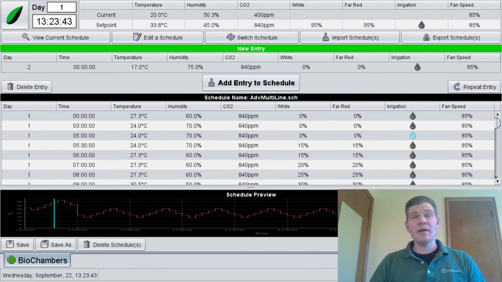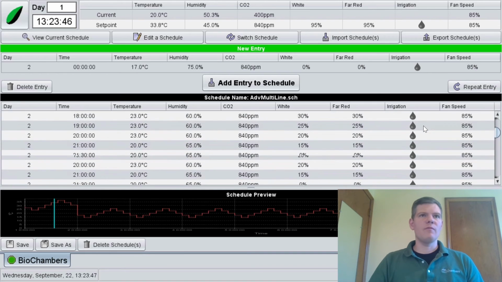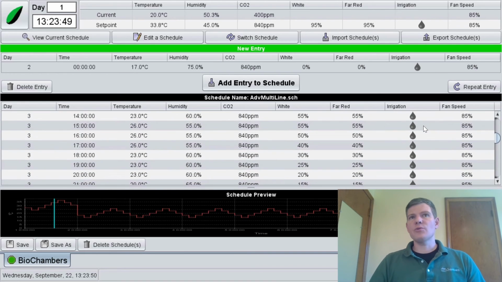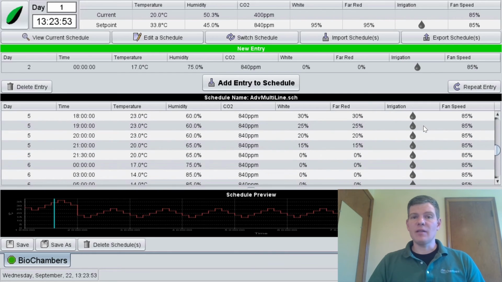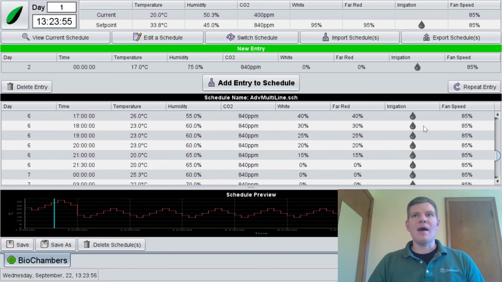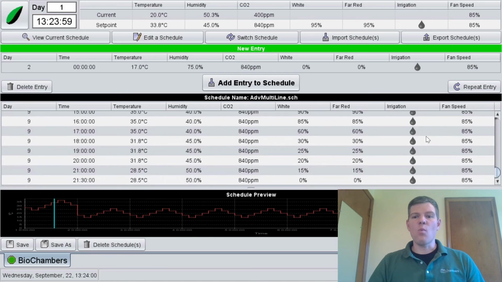So here we have a 9-day schedule with automatic watering every 3 days on days 1, 4, and 7. It starts with a very warm day and then moves to cooler overcast days and then finally warms up again. After the 9-day schedule is finished, it will start back at day 1